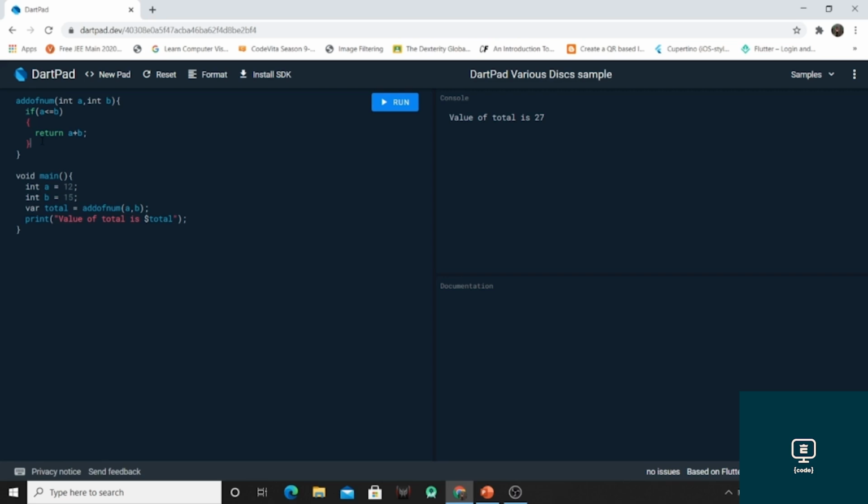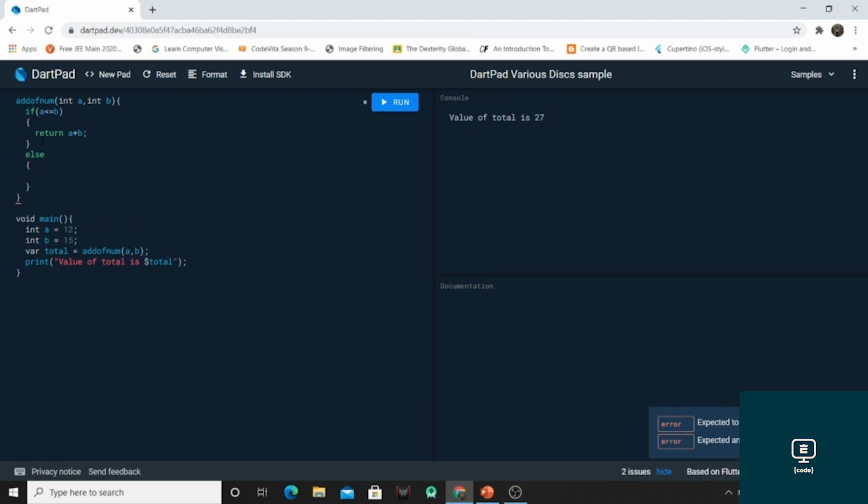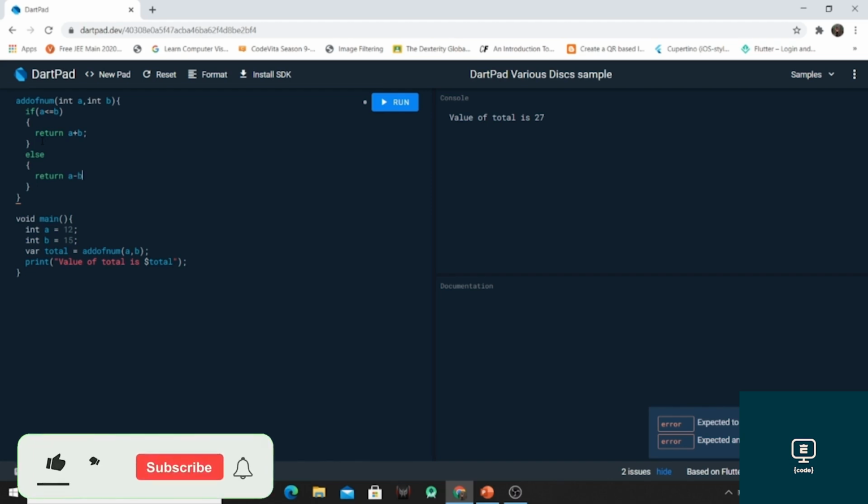Similarly we can also implement that if the value of a isn't less than or equal to b, then we can return a minus b.